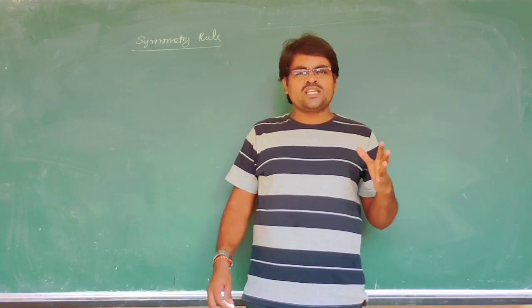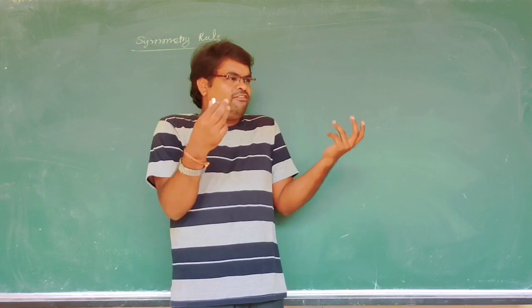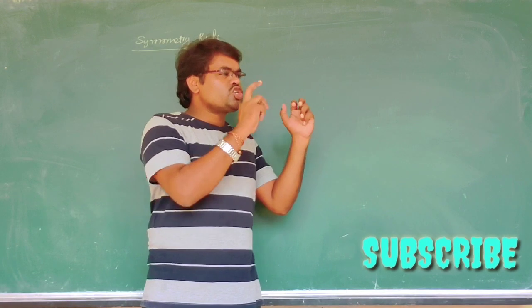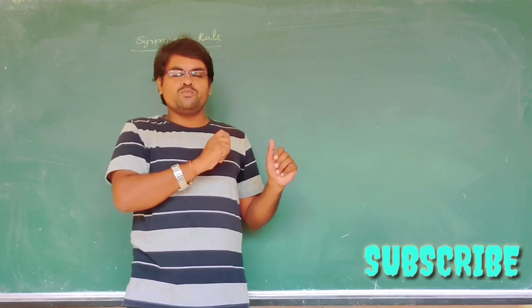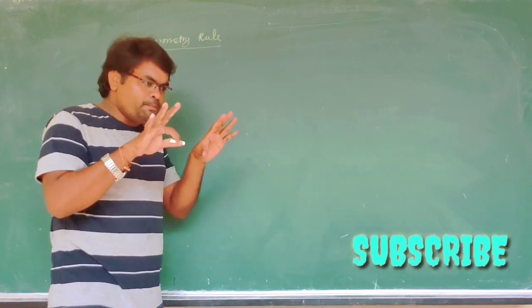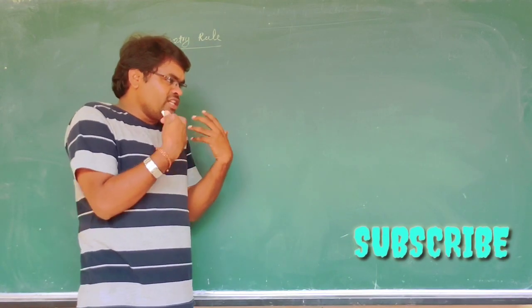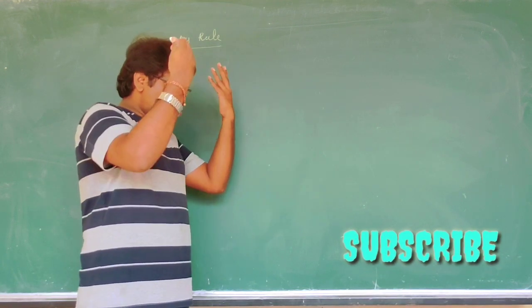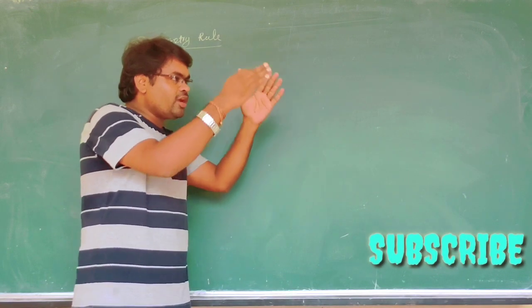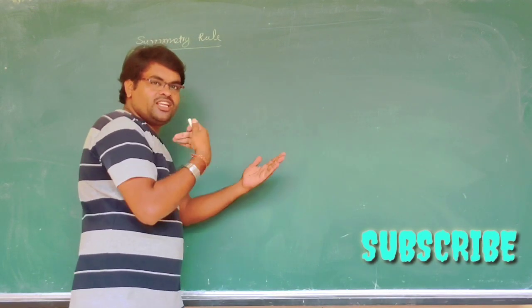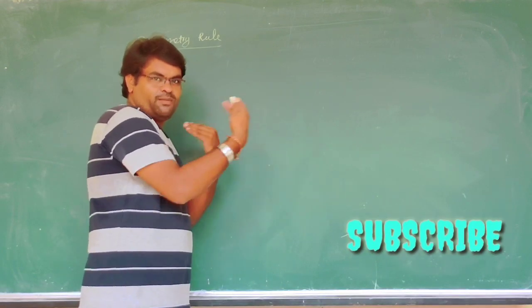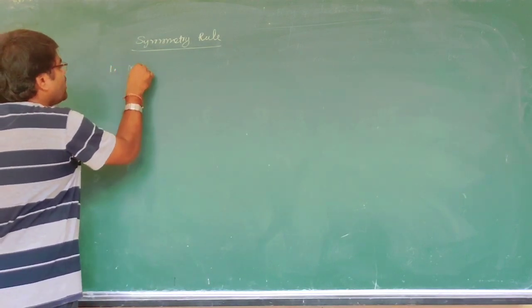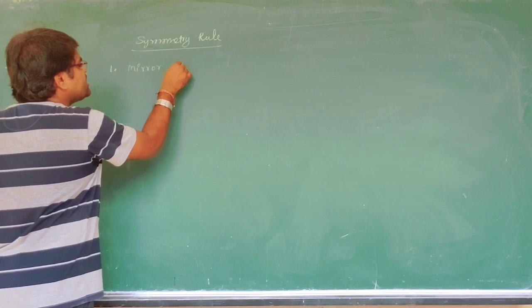That symmetry we see every day. Here, a very beautiful girl is looking in the mirror. What is a mirror? A mirror shows a clear image, the same image. That means physically, we see the same thing on the other side. That's why it is symmetry, the same thing. That is called mirror symmetry.